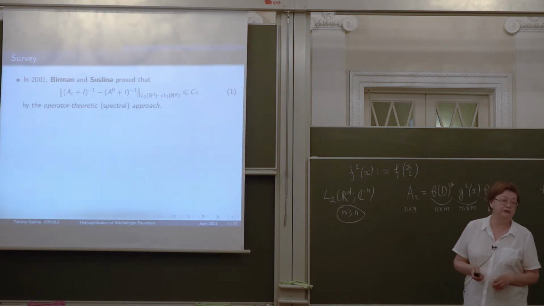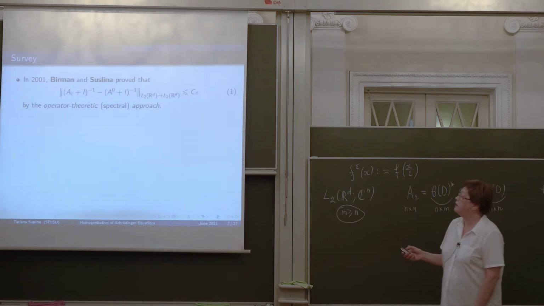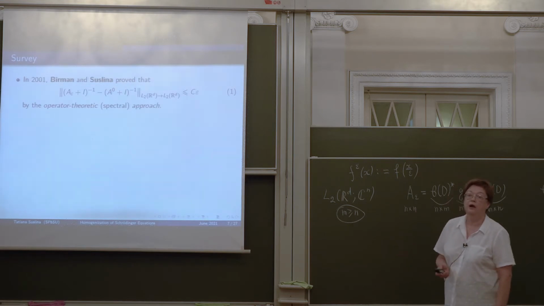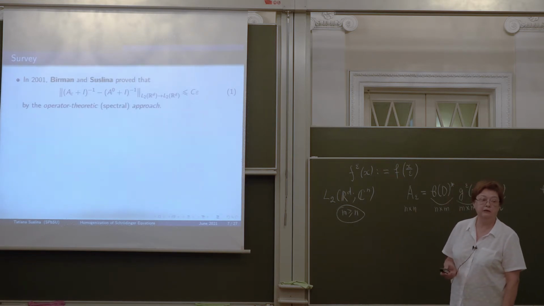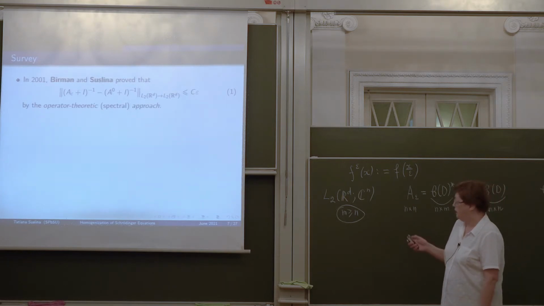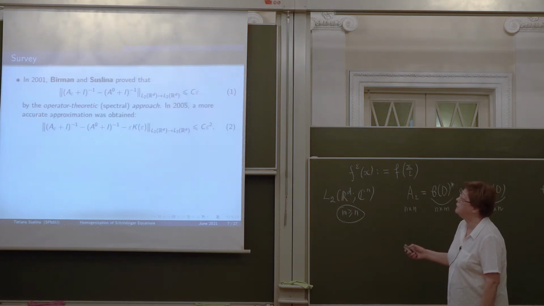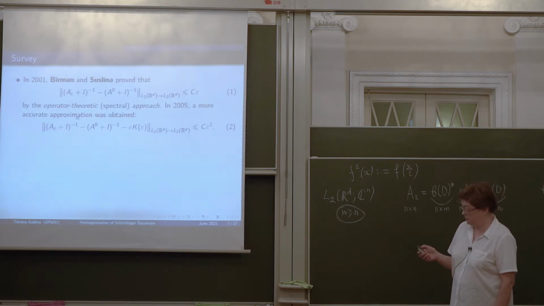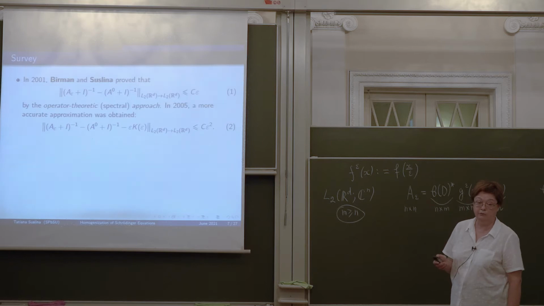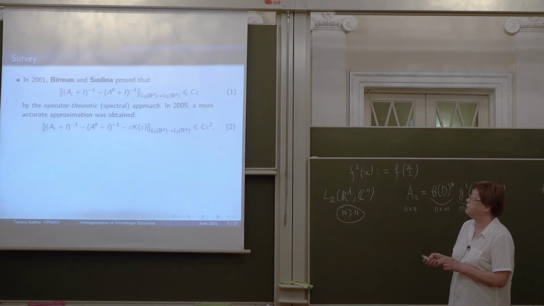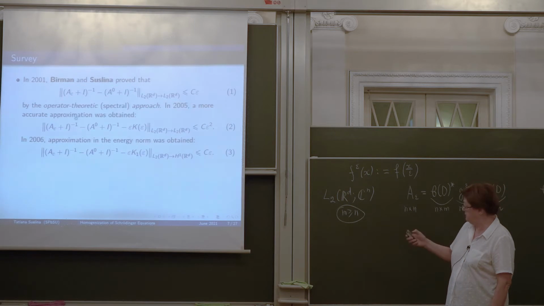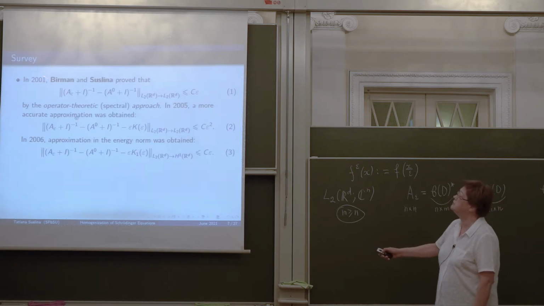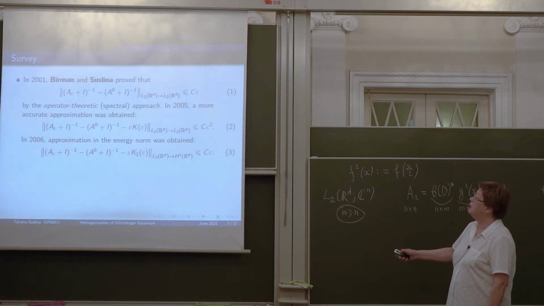I will speak only about operator error estimates, not about the classical results. Let us recall what is known for elliptic and parabolic problems. In 2001, in our joint work with Mikhail Solomonovich Birman, the operator theoretic approach to homogenization was suggested, and it was proved that the resolvent of A epsilon converges to